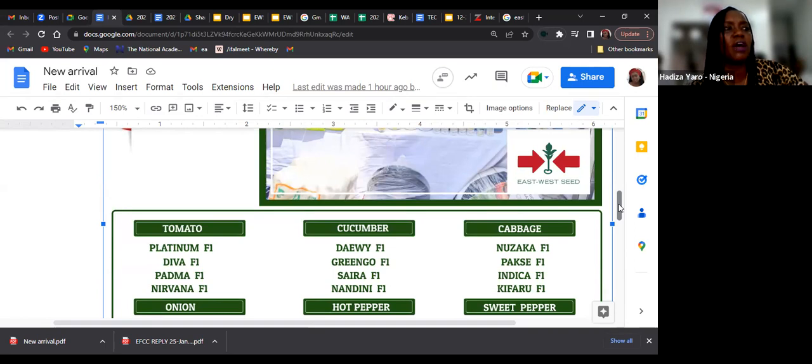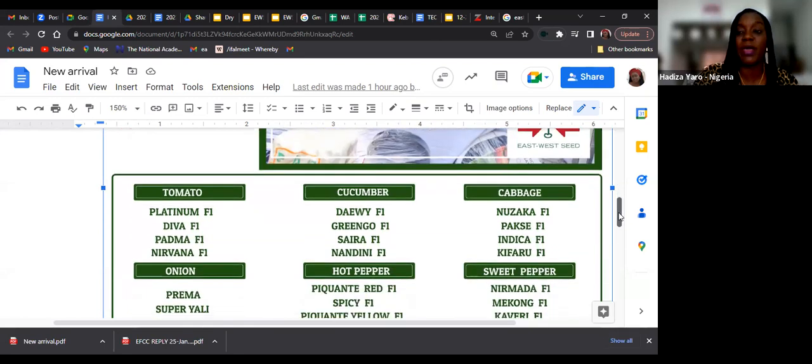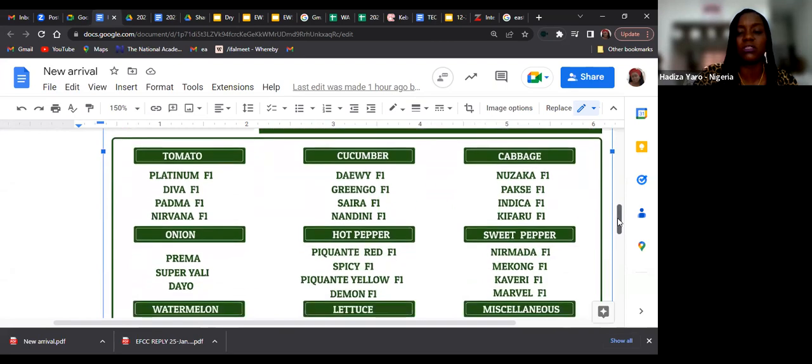We know in the north, we have the Harmattan. So sometimes in October, November, when you plant, at about 70 to 75 days, you should be able to take out your variety to the market for selling. Kifaro F1 is typically the red type. We've seen it perform excellently from the north to south to east and west, but most people are familiar with the green cabbage. But of course, I can tell you, we are one of the only companies that has this red cabbage in the market in Nigeria.